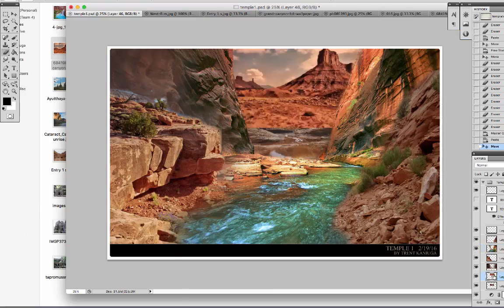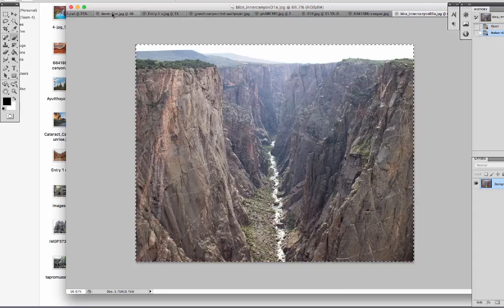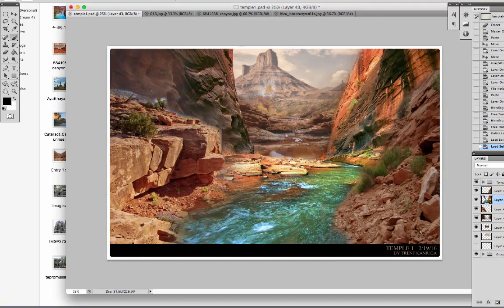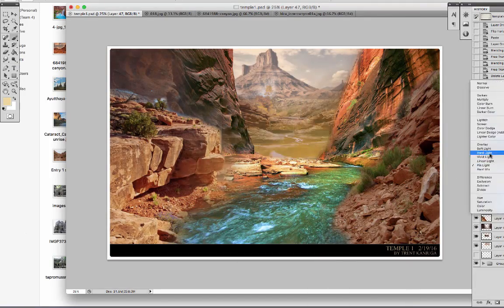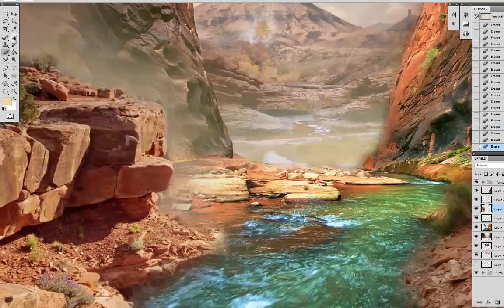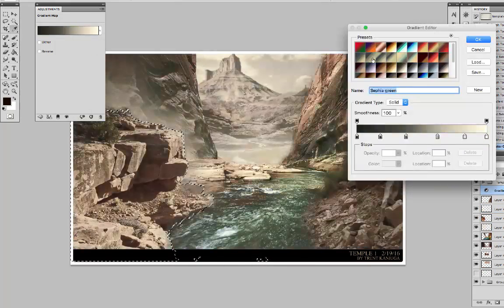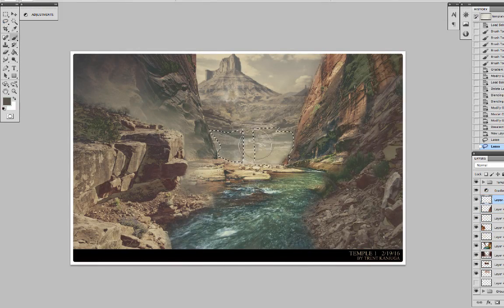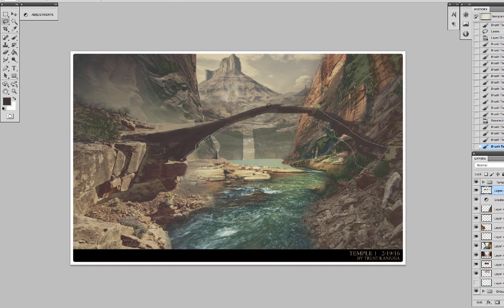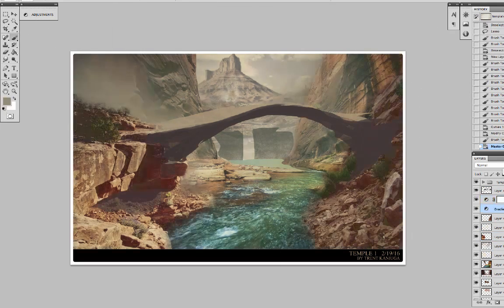One of the tricks that I found to using photographs is if you set the layer to lighten, then it's only going to pull up the elements on that layer that are lighter than the layer below it. And so you can get some interesting, really organic kind of materials and shapes out of that. That comes in especially handy if you're blending really organic shapes. And it's also very useful when you're doing buildings, or especially if you're doing decaying stuff. You can set a layer to darken and then add a texture to a surface, so you can make a very nice modern looking building look kind of dilapidated and worn, weathered.